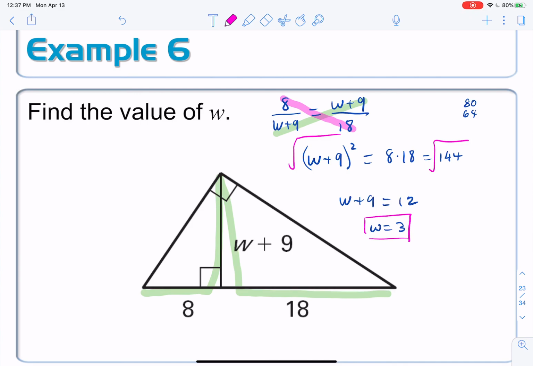But the geometric mean has another application to right triangles, which we're going to see